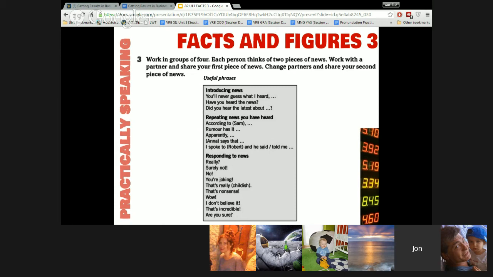So, according to the news, scientists have been able to cook an egg and, using some kind of chemical process, have been able to uncook it back into a raw egg. Respond. Really? Jose, you respond too. How would you respond? I don't believe it. I know, right? It's crazy. Are you sure? I'm absolutely sure about the news. Did you read this? It was on Google News the other day. I didn't read the article, but I read it.